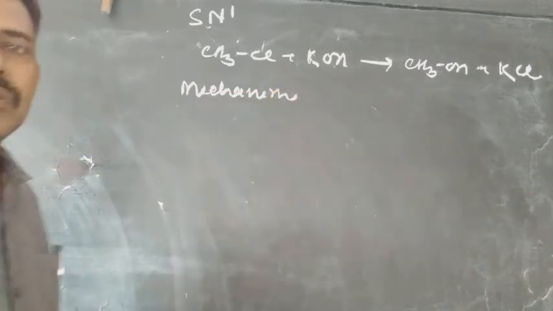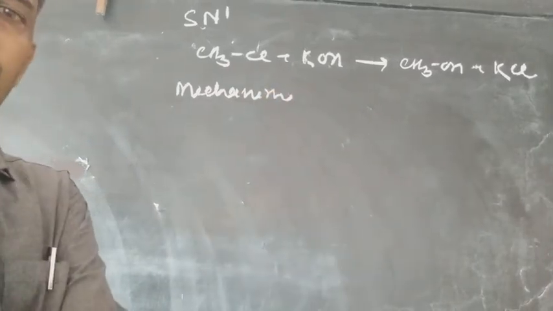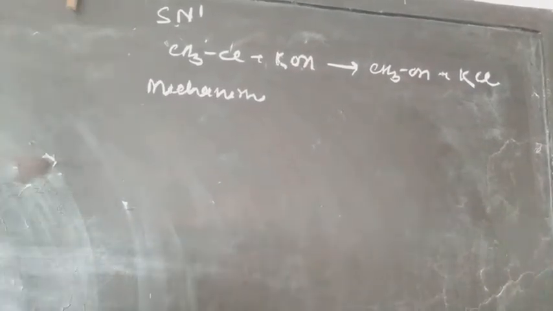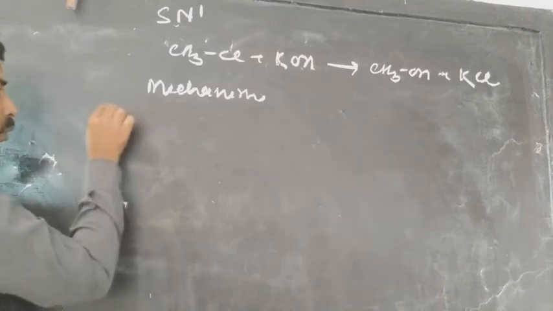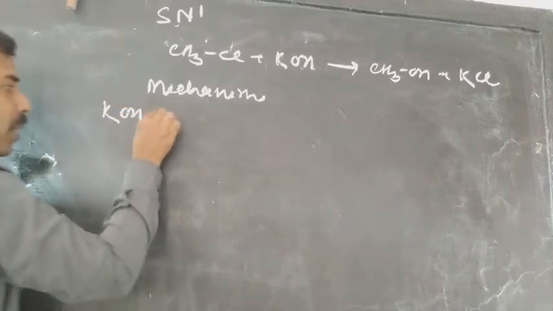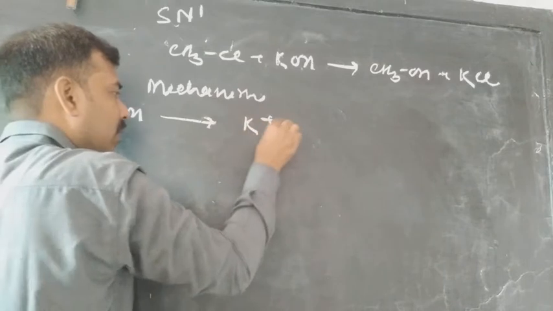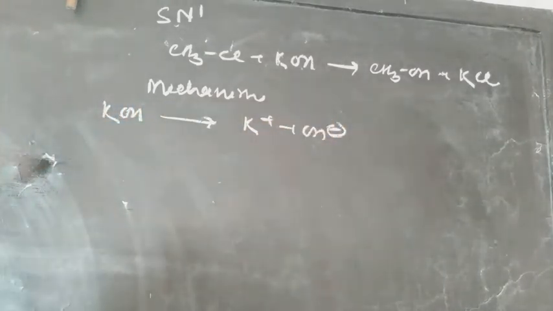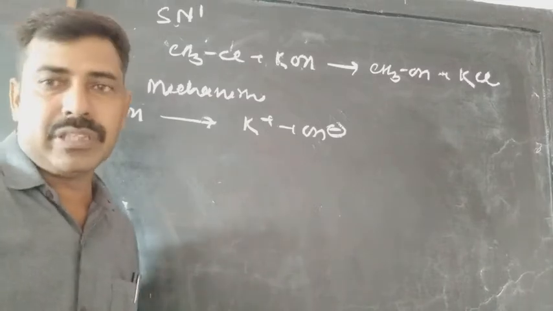says that the condition must be a protic solvent, and in the presence of a protic solvent the KOH will break into K plus and OH minus. Even in the absence of a protic solvent it can break this way, because KOH is a very strong